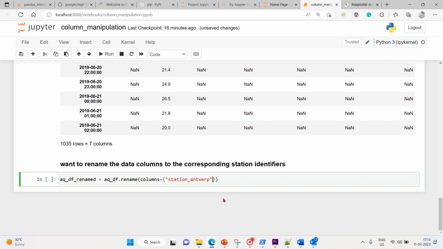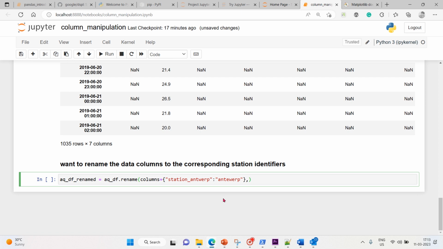So it's a dictionary. I'll make it as a city name, or I'll just make it short, just Antwerp. Okay, and